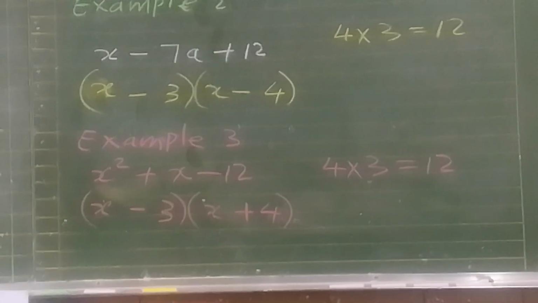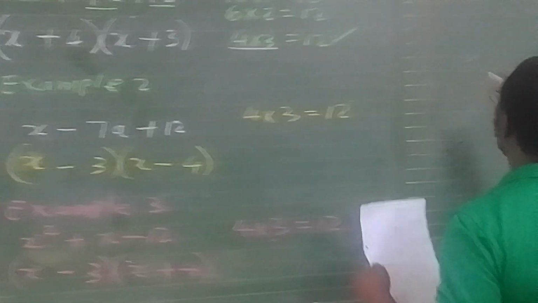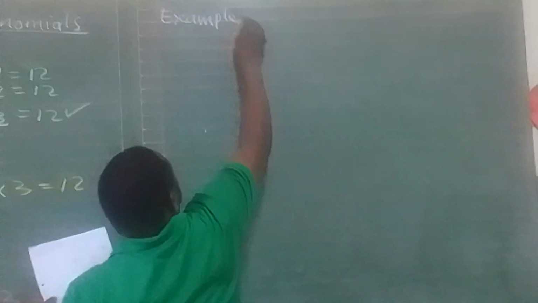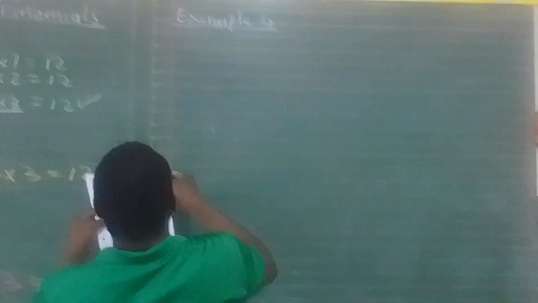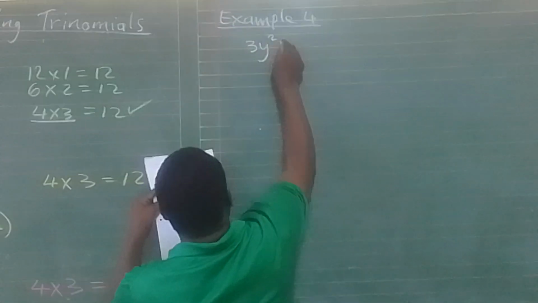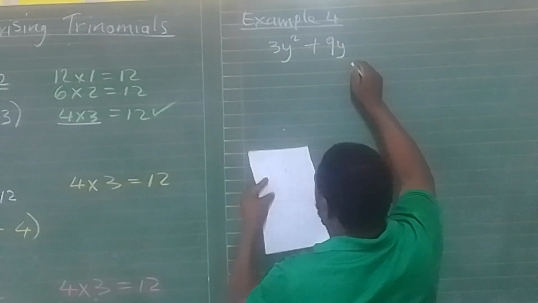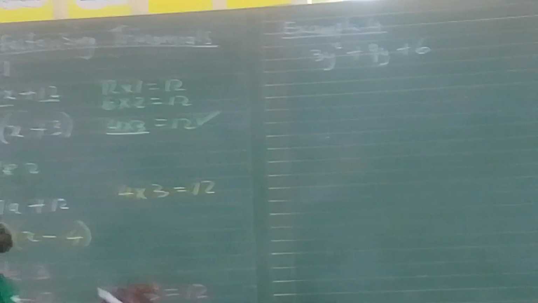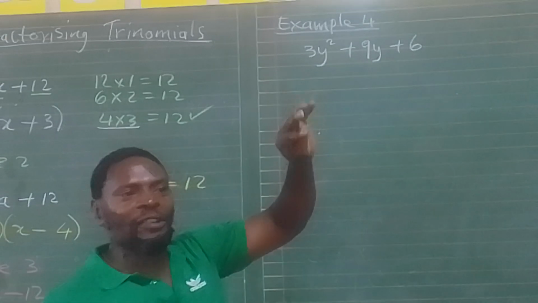Rather, let's go for the last example, example 4. This is going to be a little bit tricky so that you can use all the muscles of your brains. 3y squared plus 9y plus 6. Right, if you are given something like this, remember you cannot factorize, rather you can factorize, but in